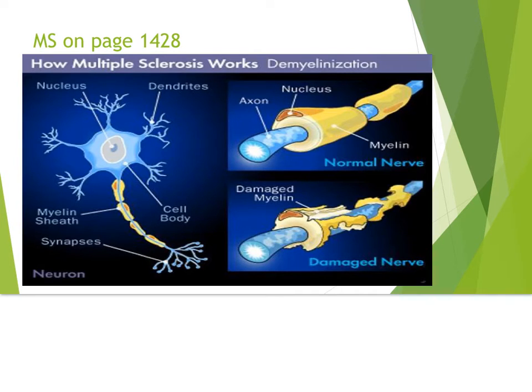As your fellow classmates pointed out, this is a chronic, progressive neurological disorder. And while we do not know exactly what causes it, we believe that someone who is susceptible has an issue, let's say possibly an infection, that causes activation of the T cells. The T cells then attack the myelin sheaths of the nerves of the brain and the